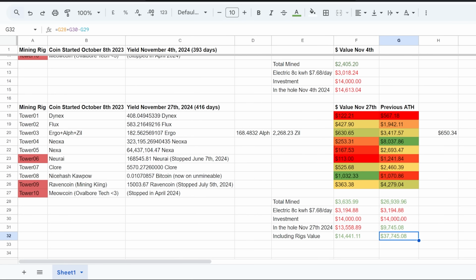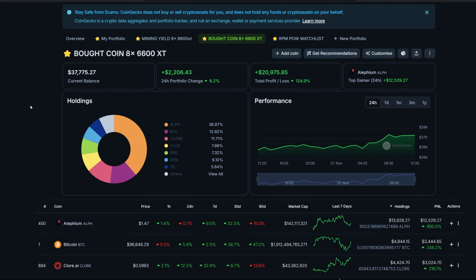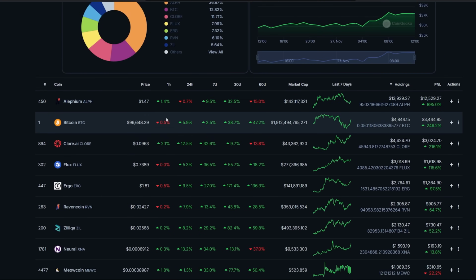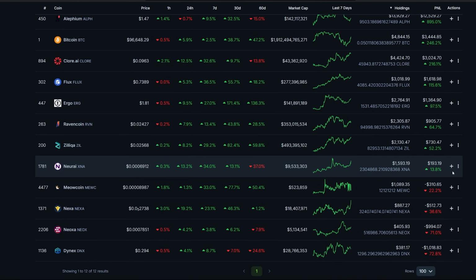But then including the rig value of another $14,000, if I were to sell all the GPUs right now, and then sell all the bags at previous all-time high, this could be worth $37,000. But is it going to be better than if I bought the coin? No. As of right now, buying the coin would have been much better, obviously, but timing is everything